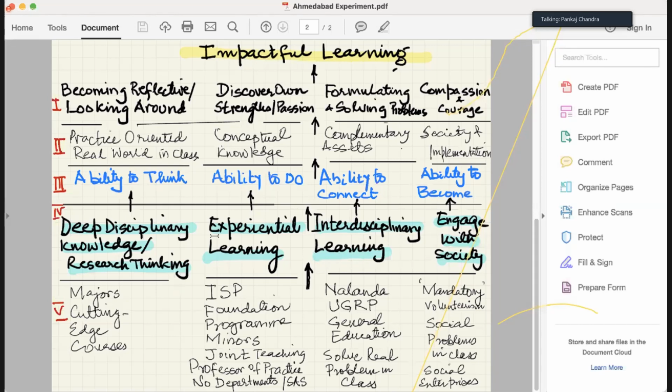That's a very important part of becoming a very engaged learner in the classroom. And that, in addition to our foundation program, we do this through, it's an anachronistic way of saying it, but very mandatory volunteerism,